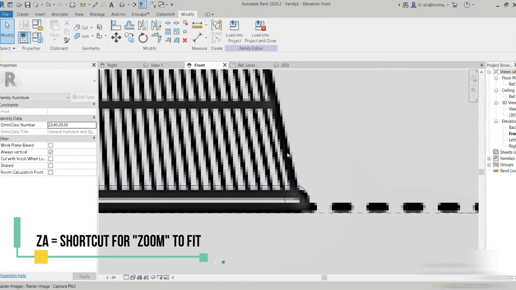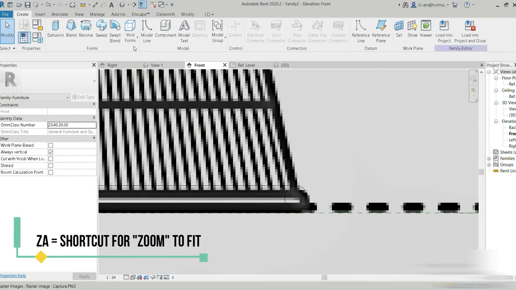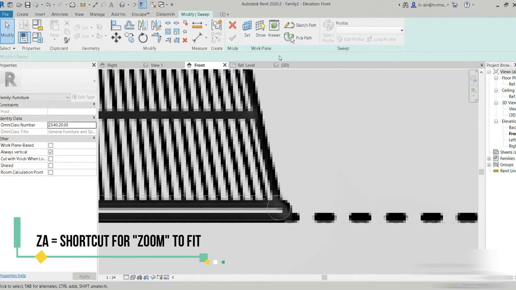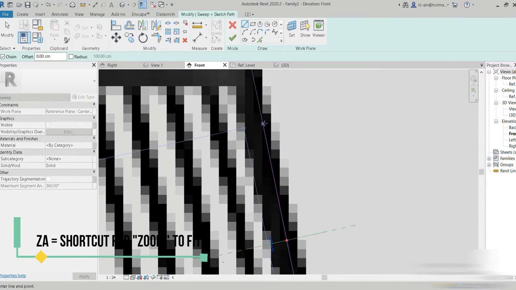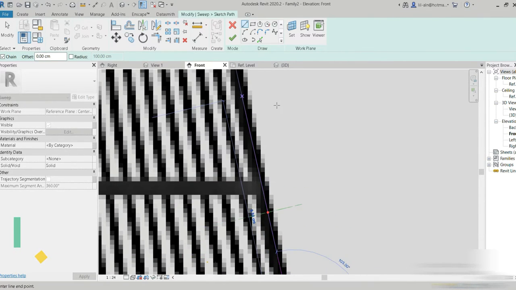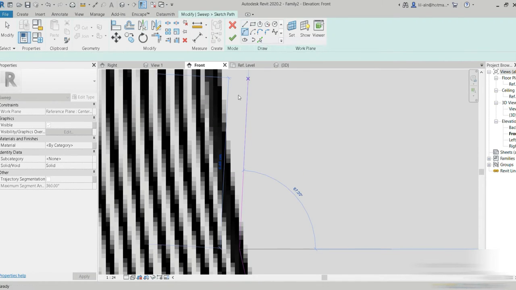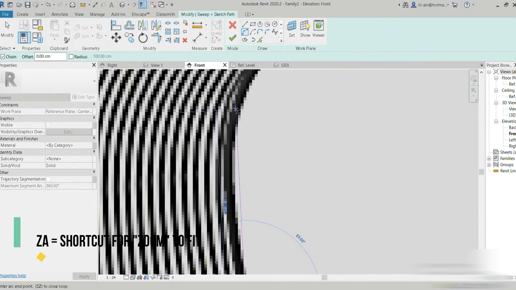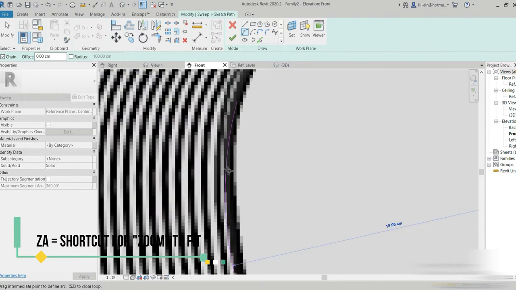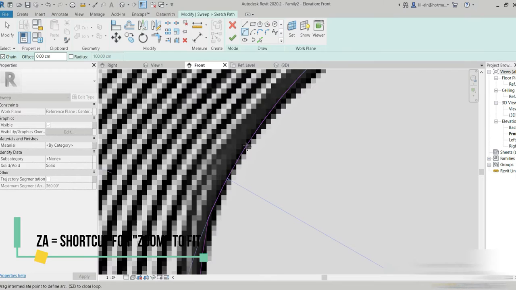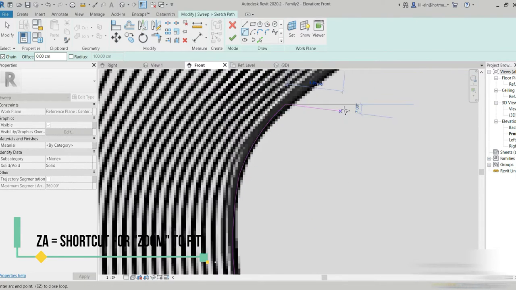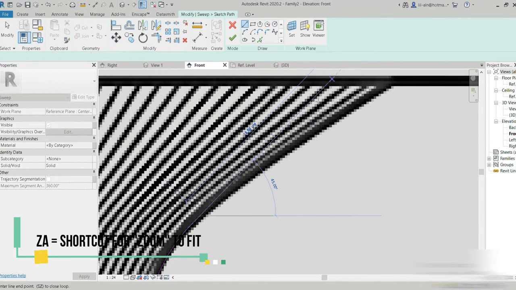Now we have the main facade. I think we're going to use sweep for this. Let's first of all sketch this path as quickly as possible. So now let's choose the start and the radius. Okay, everything seems quite okay until now, and